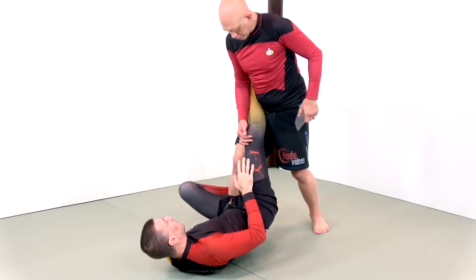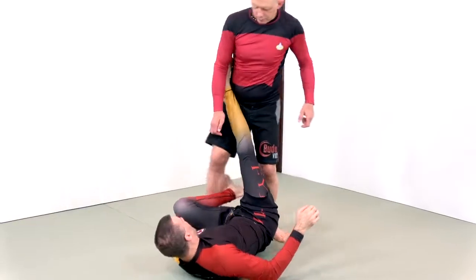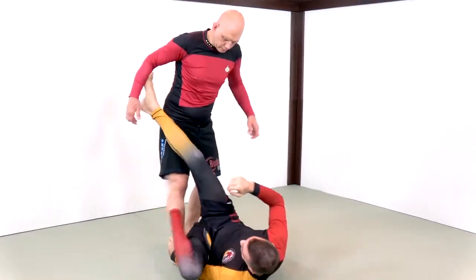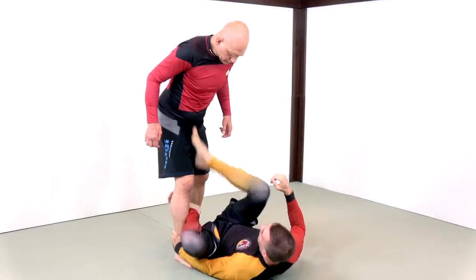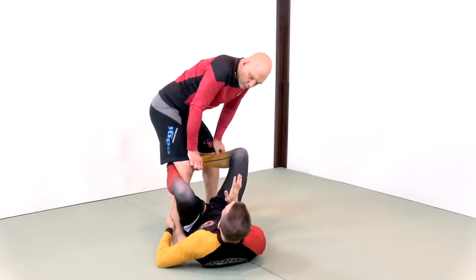Using my calf to block you. If it's within my range of motion to do so, I now bring my left shin inside. So I've managed the distance by extending, I've moved my shin back in. I'm now going to move temporarily to the butterfly guard and reset my De La Riva guard if I'm inclined